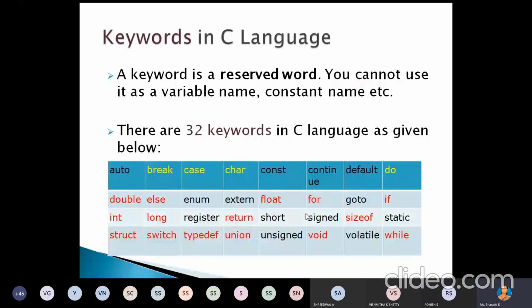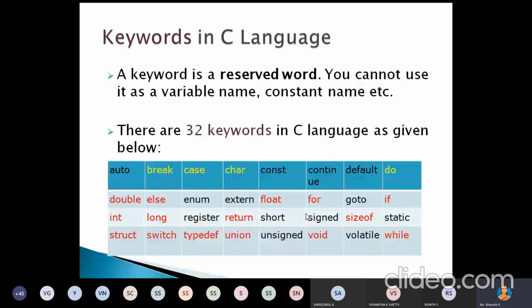Suppose you use VCET Puttur as a variable name, it will just consider VCET as the variable name and ignore Puttur, because between VCET and Puttur we have a white space. Understood, right?